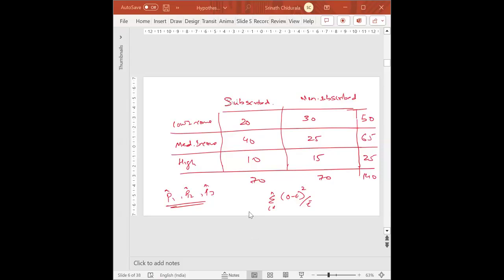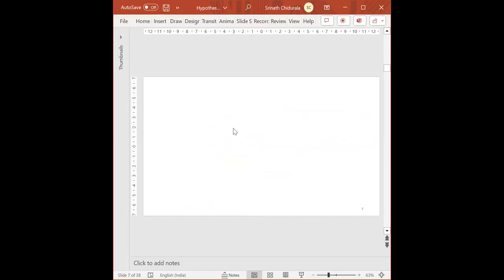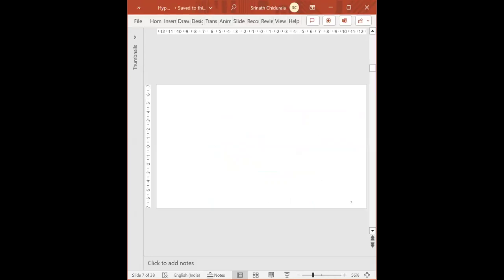Let's move to the second slide. Here I will take one single example to calculate the chi-square test, and for that, how we calculate the estimated score. Sometimes you can call it estimated or sometimes calculated. So for that, the formula is,